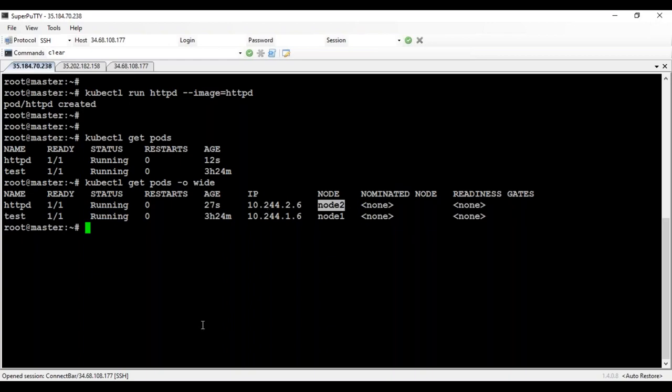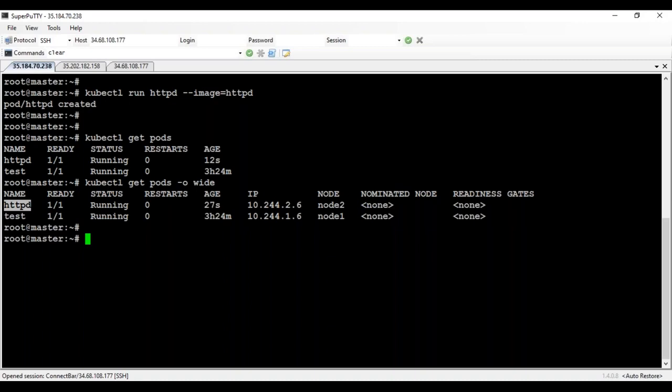As I told you, the master does not do the work. The master delegates the work to the nodes, and nodes are the ones which actually do the work. So this is where we can see it, right? So this is how you can understand. So now I have created a pod, that's good. But if I would like to access this externally, meaning from a browser, if I would like to access my container, or a pod in technical terminology, this is where we actually create a service for it.